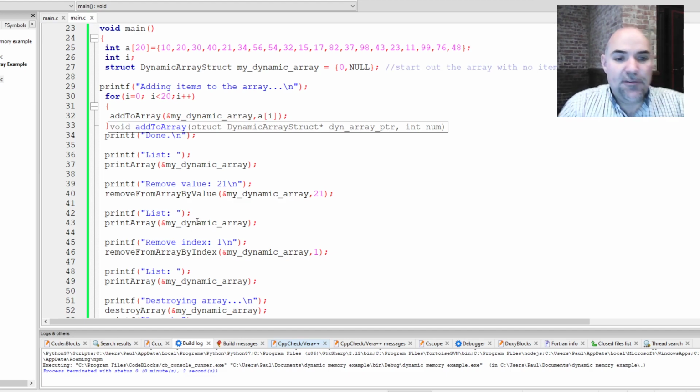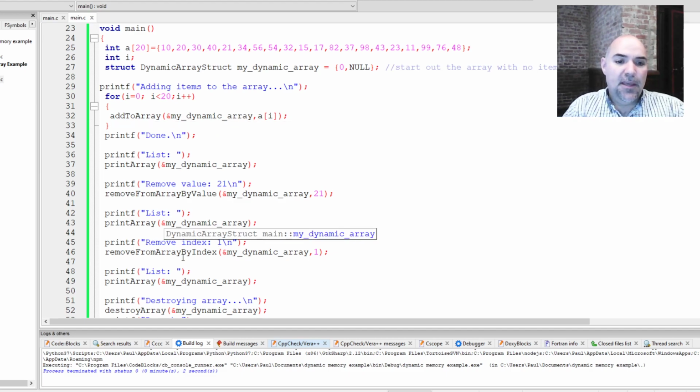And then we print it again after we did the remove of the 21. And then I do a remove by index, and I'm removing index 1, which would be 0, 1, this 20 up here. So we're removing that one. And then I'm printing it again, and then I'm destroying the whole thing. And let's scroll down and take a quick look at the